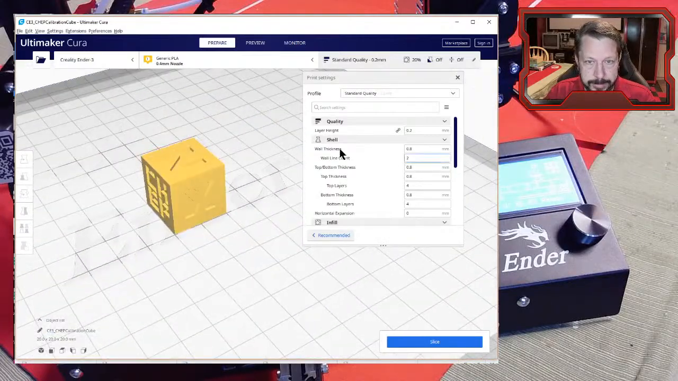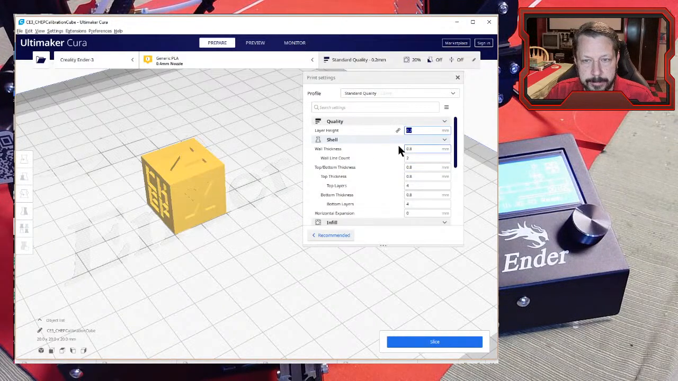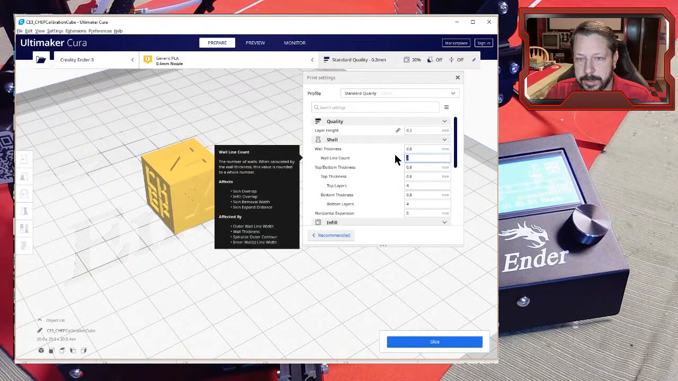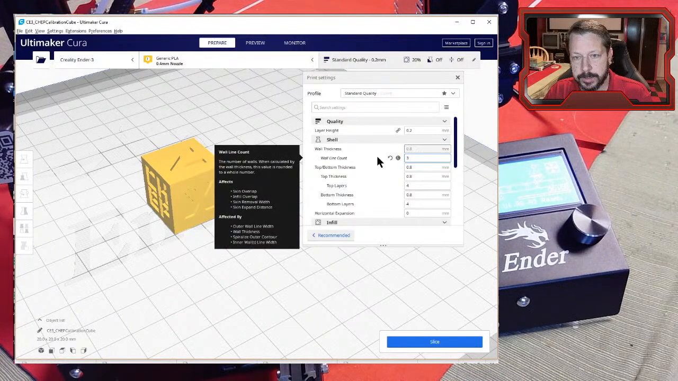So here's a little file. I've got it set to a 0.2 millimeter layer height. And everything's, I think, the default. We haven't really changed any of these things. So you've got two walls, so that's two outer perimeters. The wall thickness, notice a lot of times these are, if I change this to 3 walls,